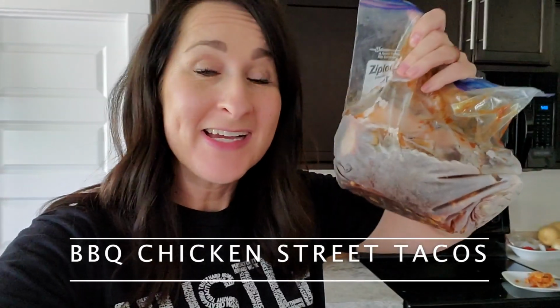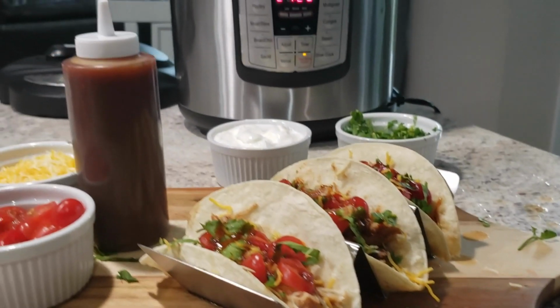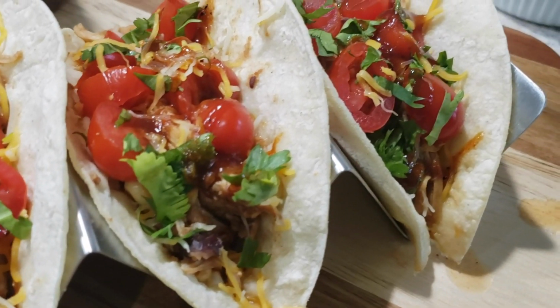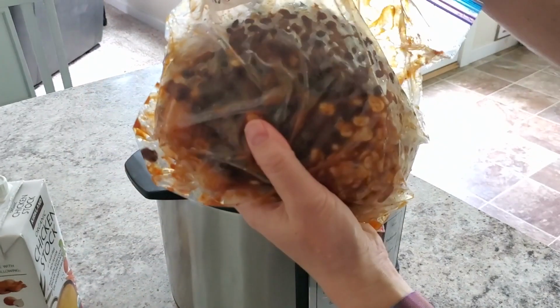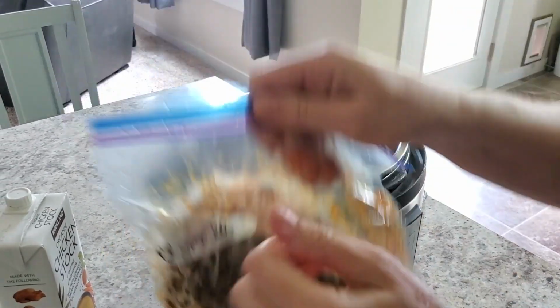Okay, it's Friday night. I've got a bunch of teenagers here that want food. I'm pulling out my barbecue chicken street tacos, and I'm gonna throw them in the Instant Pot for dinner tonight. So I'm just gonna run some hot water on this so I can get it out of the bag. Okay, so I softened it under hot water so I can move the bag. And now, just gonna open